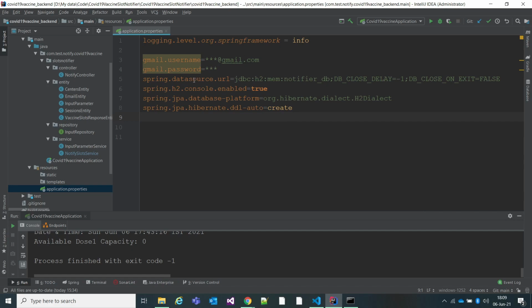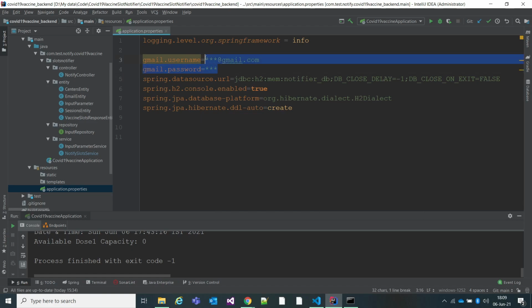You need to configure this H2 database and URL, and what the JPA settings will be, like what will be the behavior once you restart the server. Also, you need to specify the email username and password.